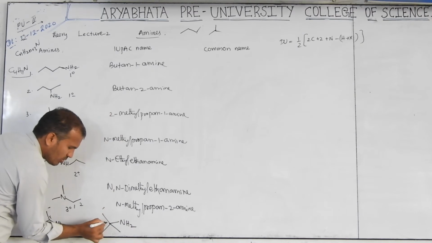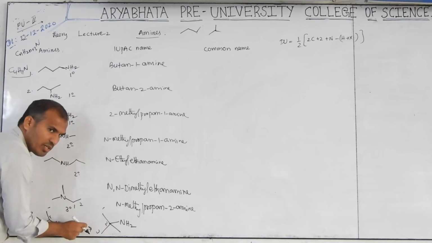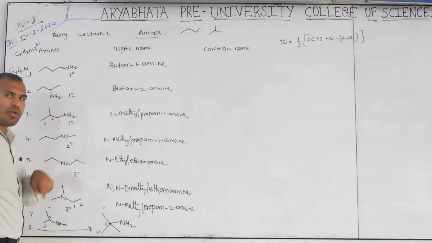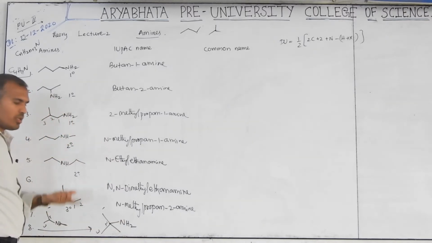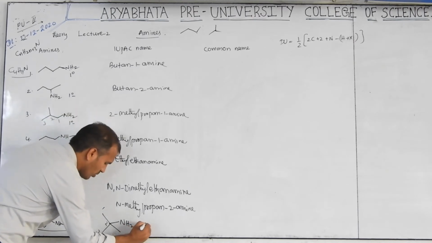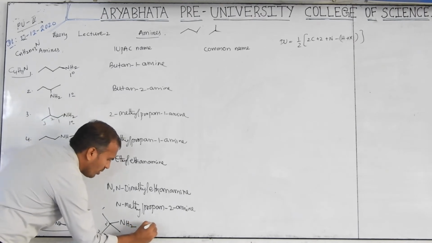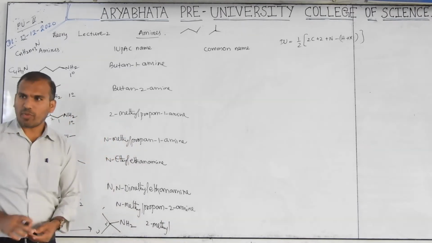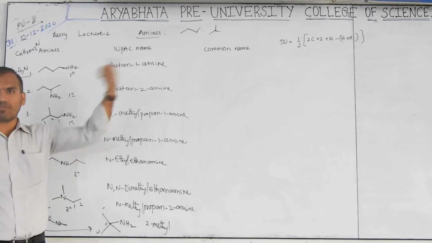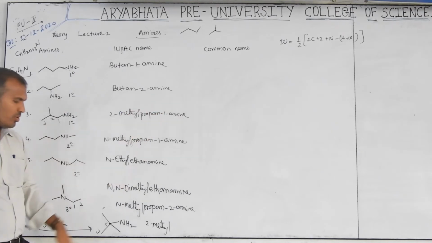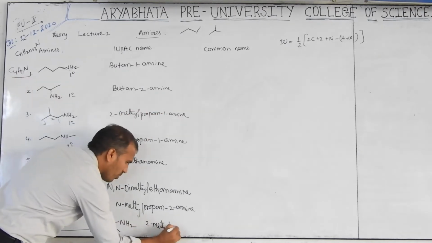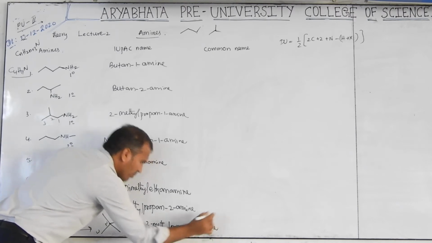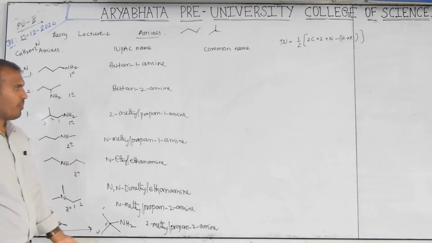Now tell here. This is 1, 2, 3. This is the longest carbon chain. Then at the second position we have methyl also. We have amine also. Alphabetical order we have to follow, but the functional group we also have to check. So 2-methyl. Don't say amine first, because the functional group is a suffix and comes last. Okay. So 2-methylpropane-2-amine. These are the IUPAC names.